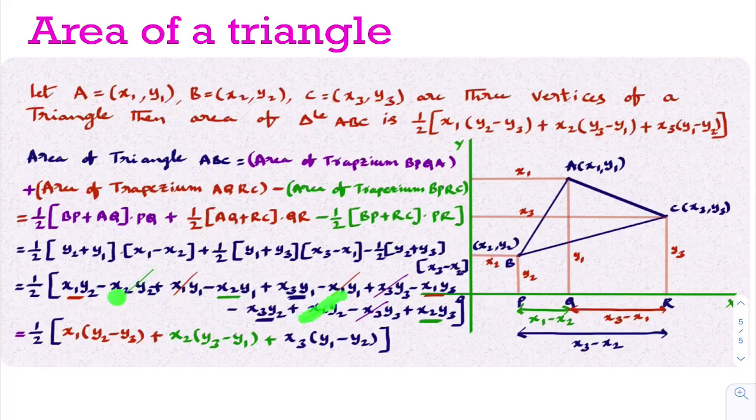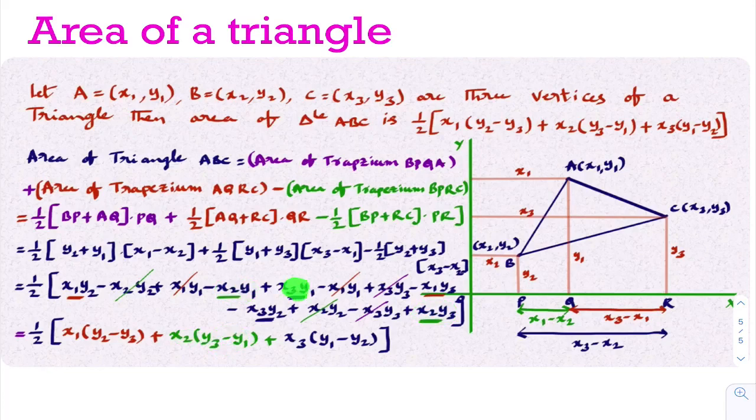Look here, these two terms will get cancelled. Now this is plus x1 y1, now this is minus x1 y1, these two will get cancelled. Now this is plus x3 y3, this is minus x3 y3, both will get cancelled. Now whatever the remaining terms are there, you observe this term and this term. In these two terms x1 is there, so from this and from this I'll take x1 common, then I'll get y2 minus y3. You can understand this easily. Now you observe this one and this one, in these two I can take x2 common. So if I take x2 common, you will get y3 minus y1.